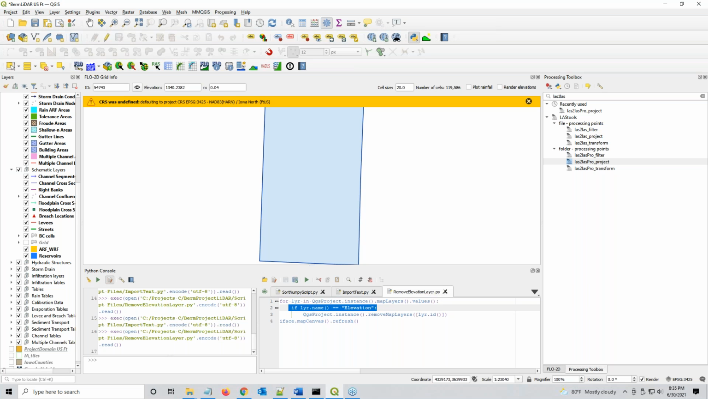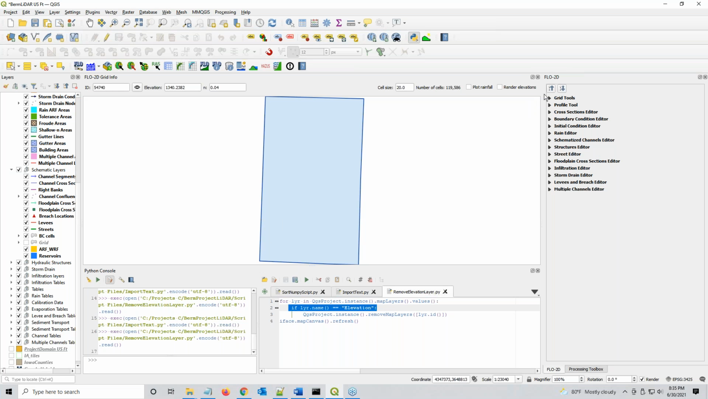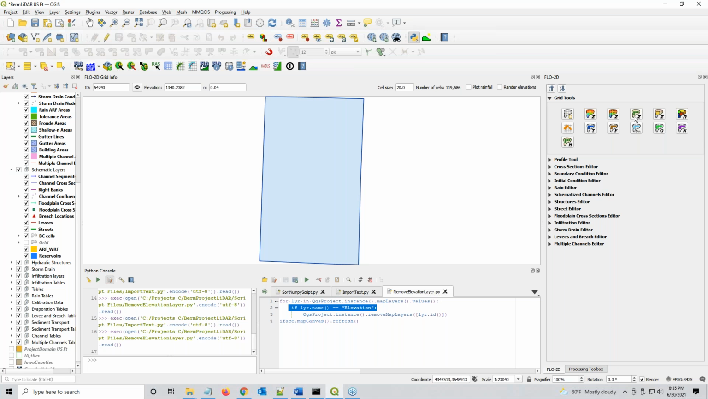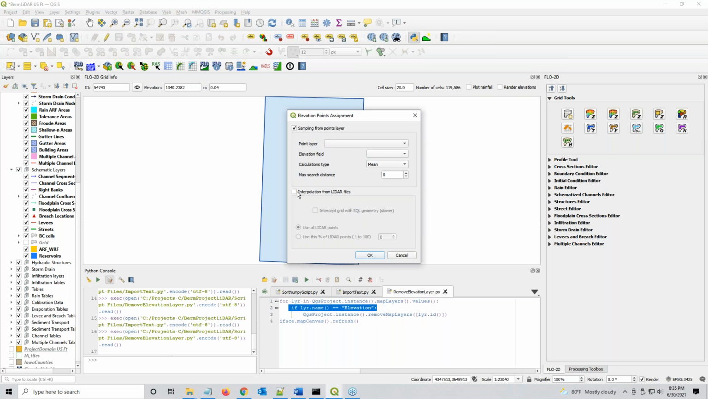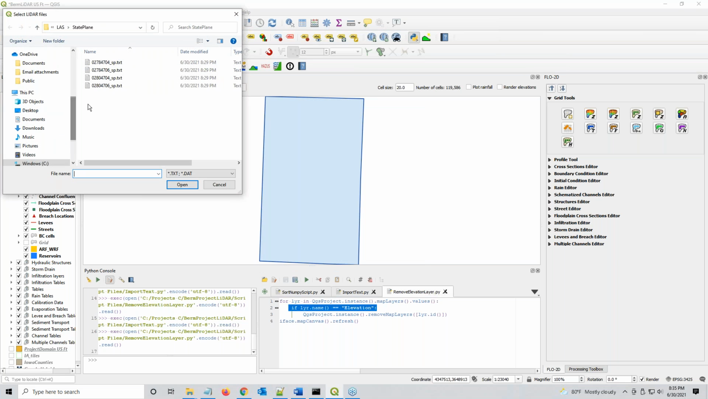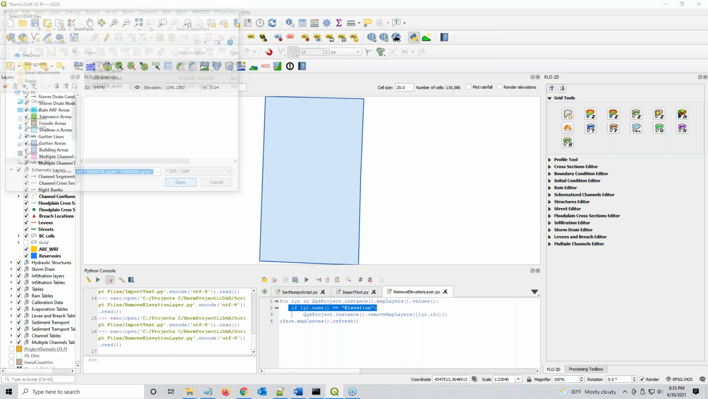Okay, so now that we know our data is good, we can use the Flow2D elevation tool to convert our LiDAR data to elevation data and assign it to the grid from the LiDAR files and multiple LiDAR files. So if we click interpolate from LiDAR, and I click don't use this, and I click OK, and then I can just grab these 4 and click open, and in about